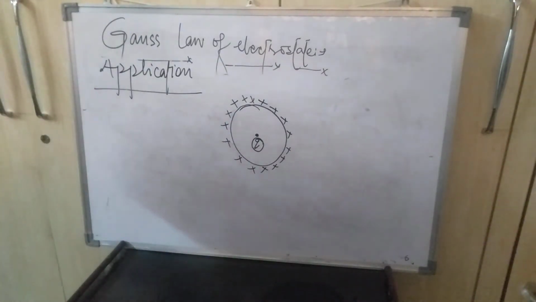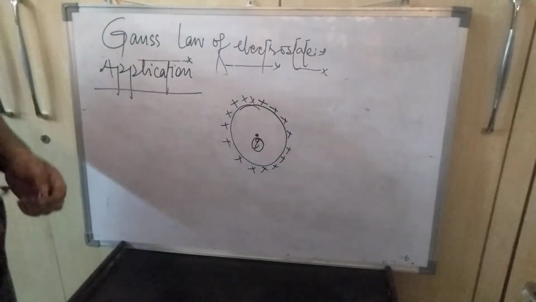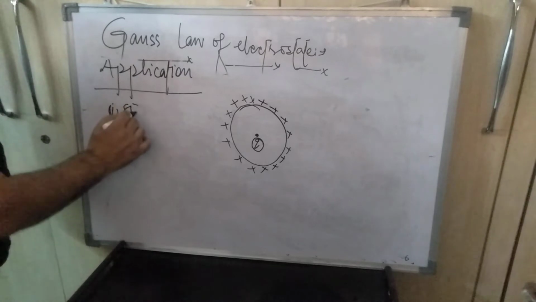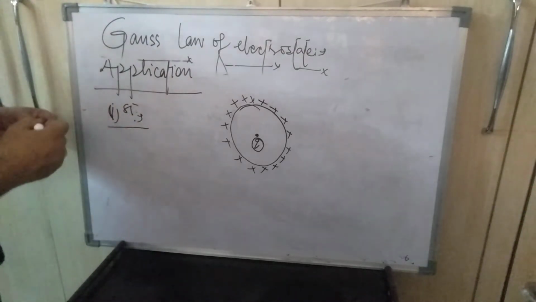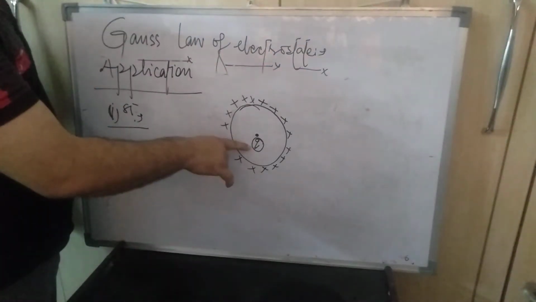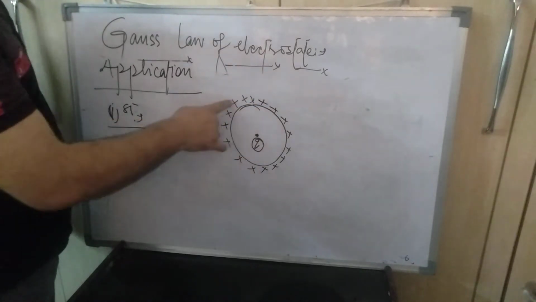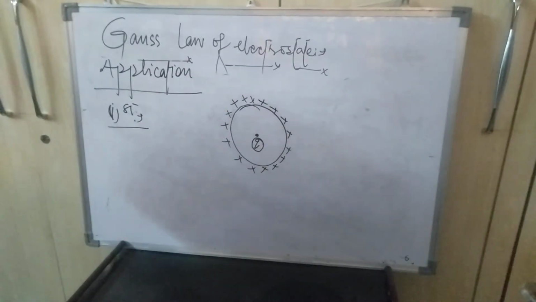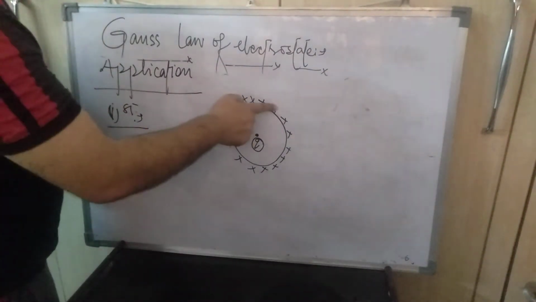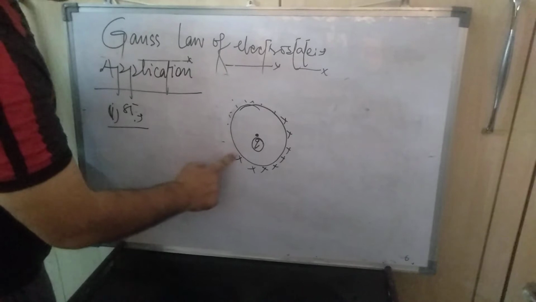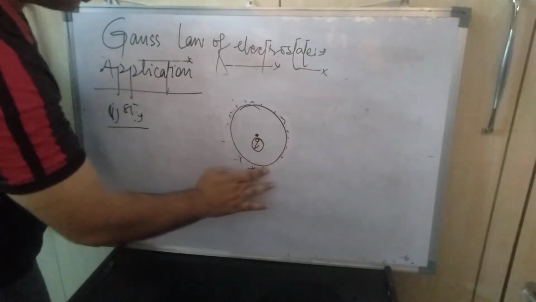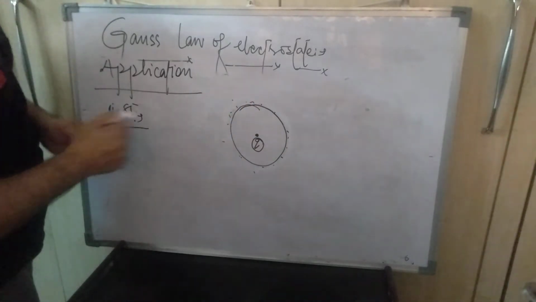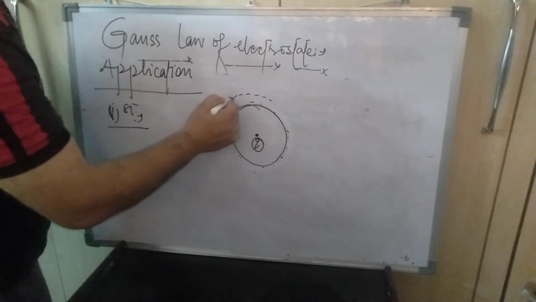Now, first, we are just considering a shell. Here it is a shell. At the center of that, there is a q coulomb charge, which is going to reside over the surface of the spherical shell uniformly. Now we are considering a surface outside of that. Let us omit that. First of all, we consider a Gaussian surface. Let's suppose it is a Gaussian surface.